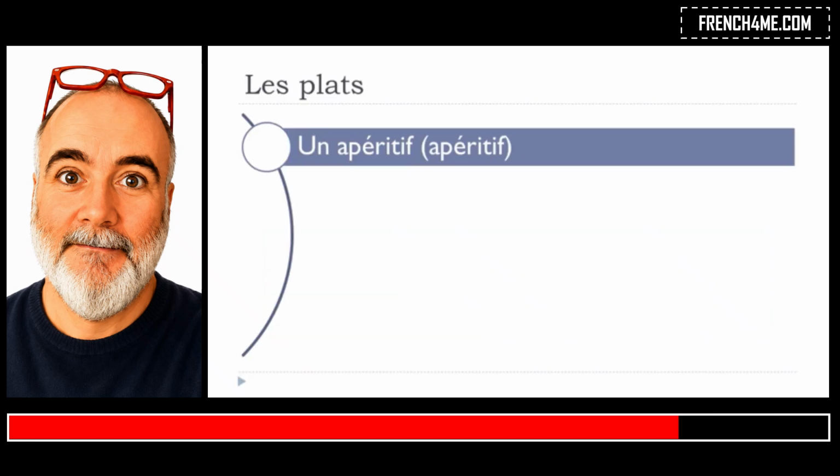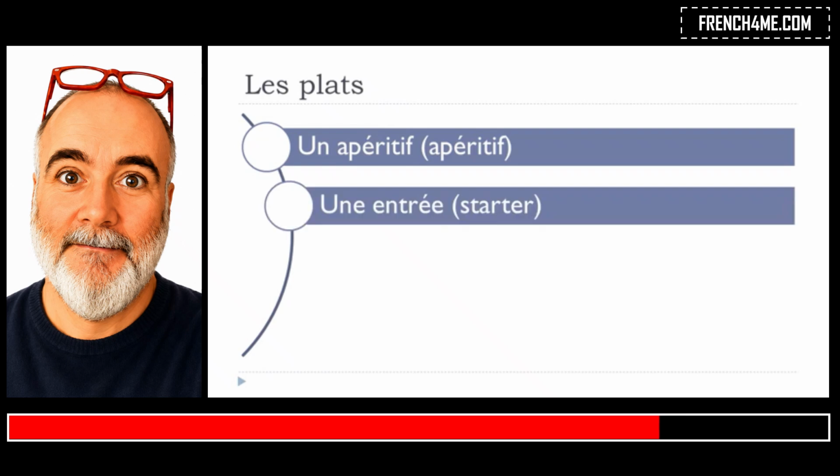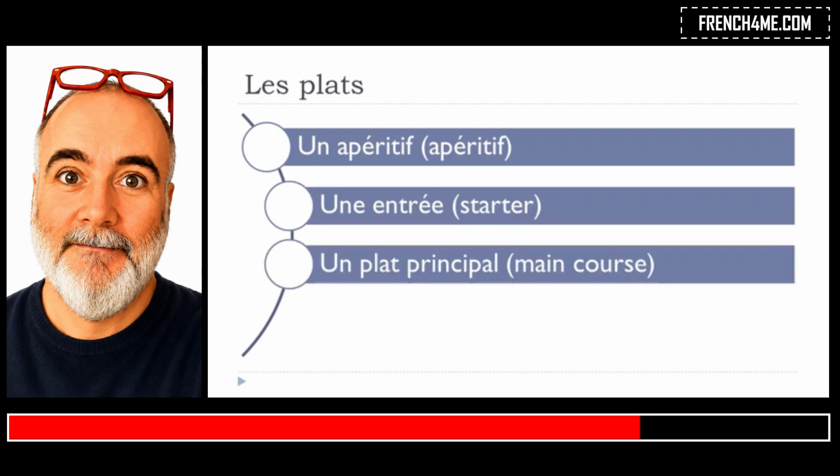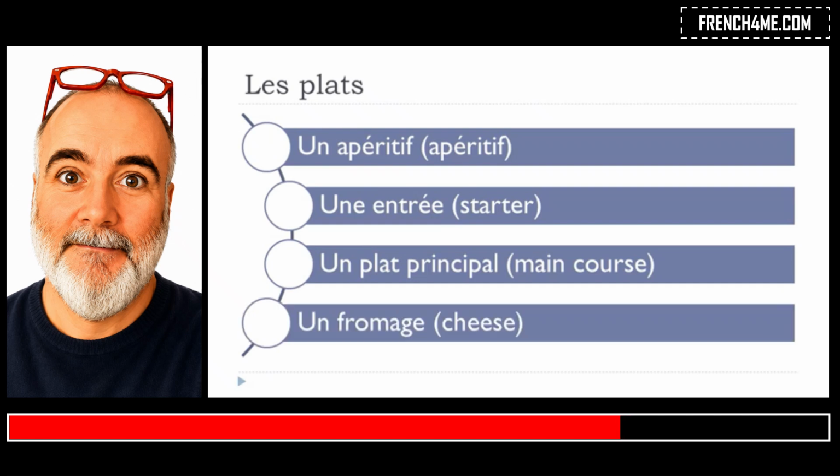Okay, so un apéritif, une entrée, un plat principal, un fromage. Okay, so let's see that. Un apéritif, so here you get the liaison between the two. Un apéritif, okay, and then you get the accent aigu, so it goes like é. Un apéritif, then une entrée,